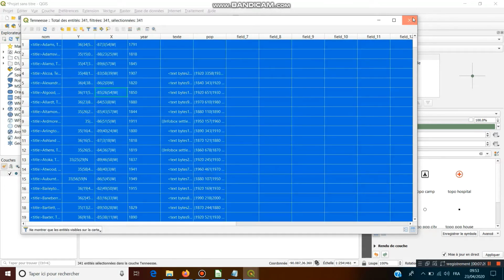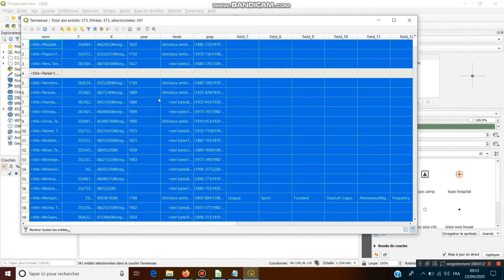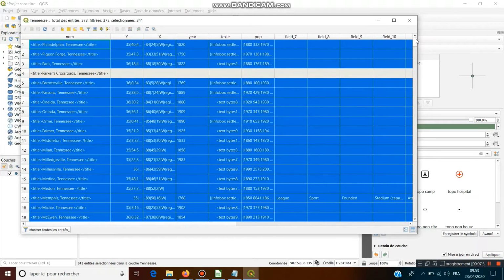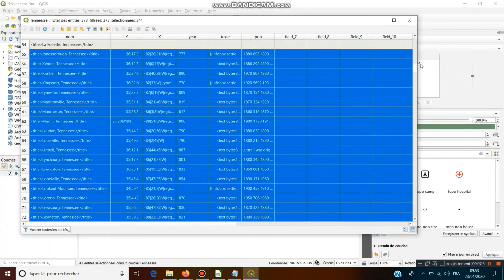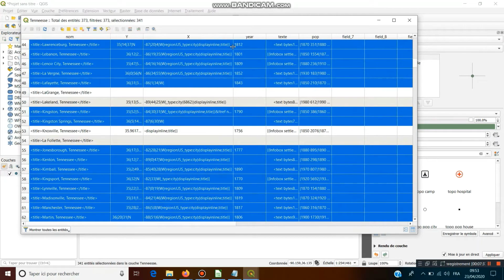Select all. I close. I open. It's normal because this one doesn't have coordinates. I will search for it. Here there are coordinates, but we forgot a number, so we must just erase this number, and it will appear on the map.